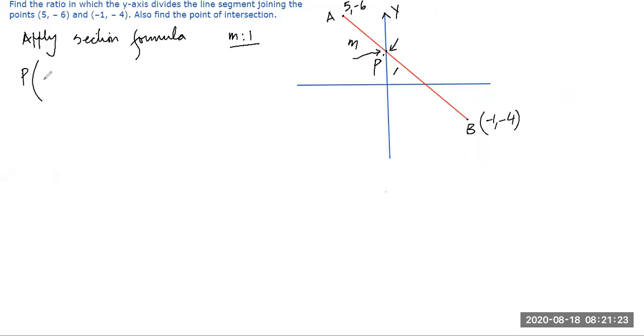So the coordinates of point P should be, actually the formula is (mx2 plus nx1)